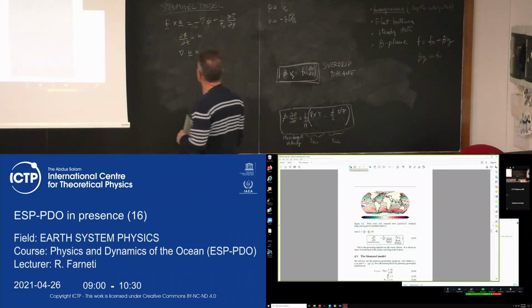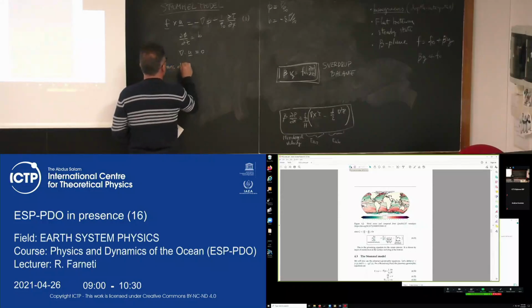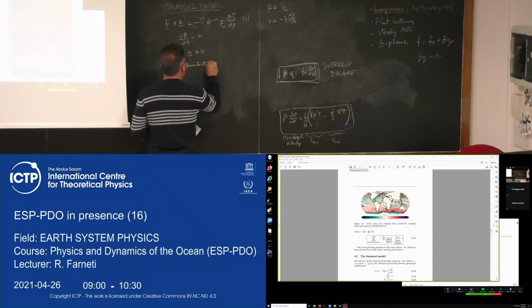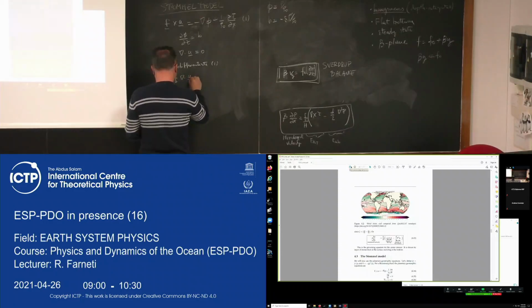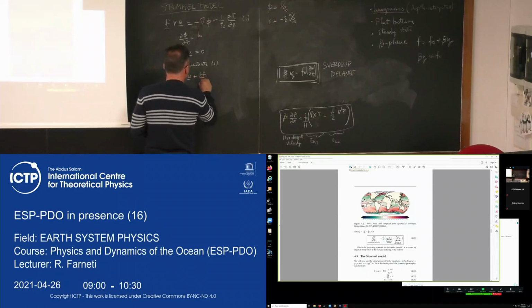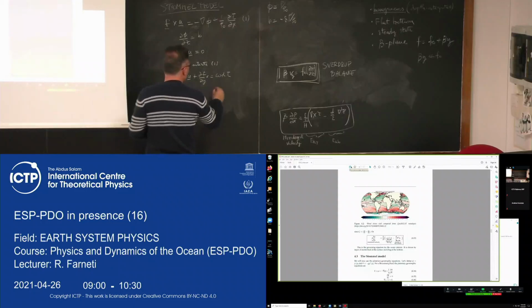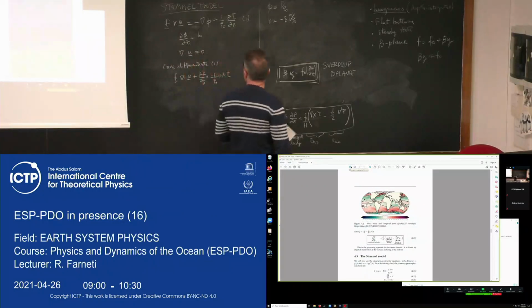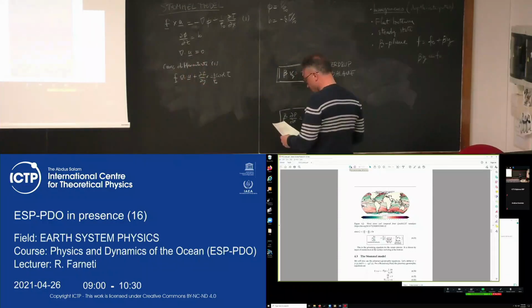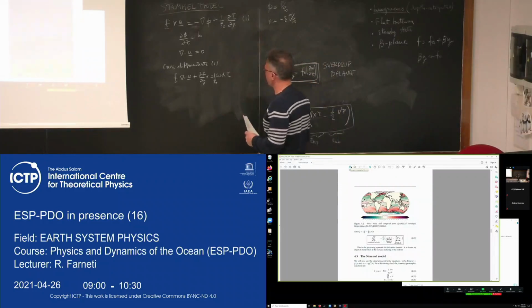And we can again cross-differentiate them. So this is one. If you cross differentiate one, what you get is the curl of tau at the top over rho naught. Okay. If you just cross differentiate the zonal and meridional components of the horizontal momentum equations. Okay, so he started from the same set of equations, geostrophic equation with the frictional term, cross differentiate the horizontal momentum equation, and now take again